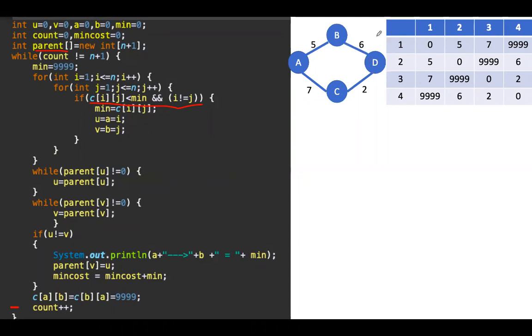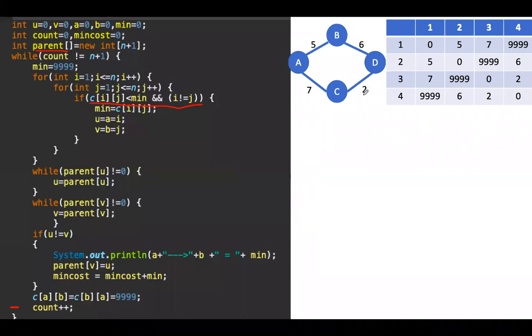In the entire graph, the first thing it will do is fetch the edge with minimum cost. But what we are doing is going in an order. First, I will check this row, second row, third row, and fourth row. Before you select one edge, first we are going to pick this edge itself. That is C to D, which is nothing but 3 to 4. This is the minimum cost edge. We are going to select this edge.